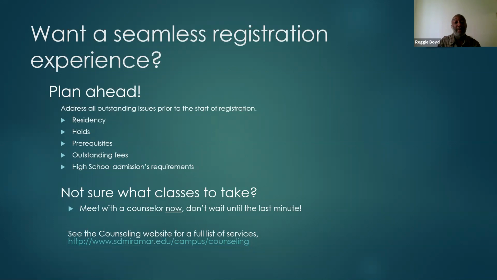And as far as high school admissions requirements, all high school students have a hold on their record because they are not allowed to enroll in courses on their own. They must be enrolled by an admissions staff person. As well, there's another form if they're just a high school student that's not a part of the CCAP program or MOU. They have a dual enrollment form that needs to be filled out, as well as the regular application. So high school students want to make sure that's taken care of if they want to be enrolled